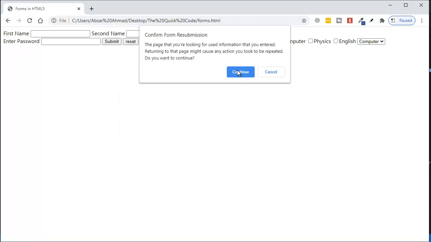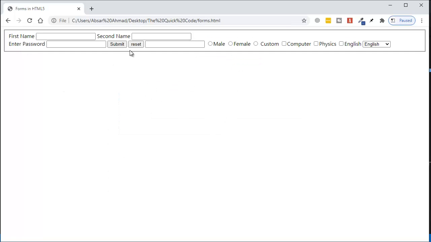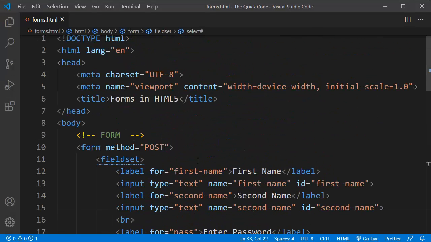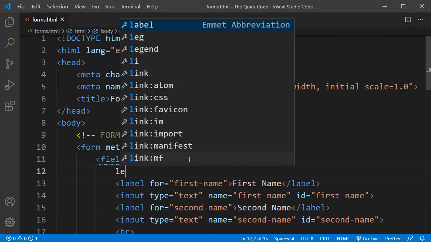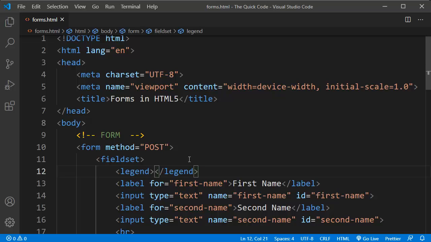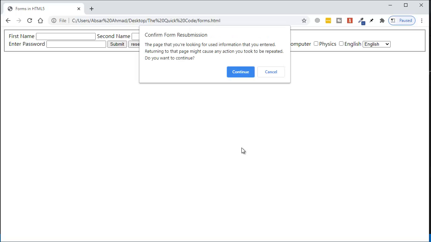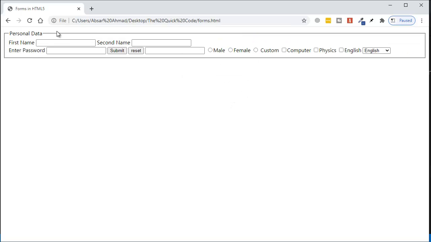Refresh here, nothing will happen. Okay, the border will come here, and then just use the legend, and then choose something like personal data. Come here, refresh your page, and you can see the personal data is appearing in the top as a title,